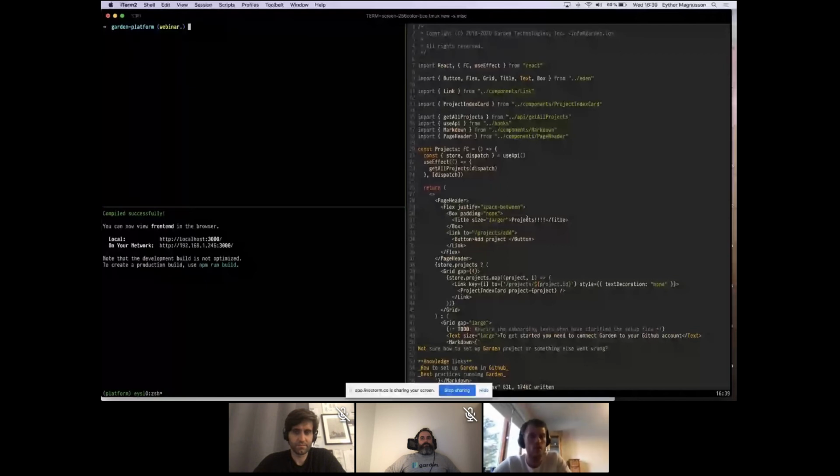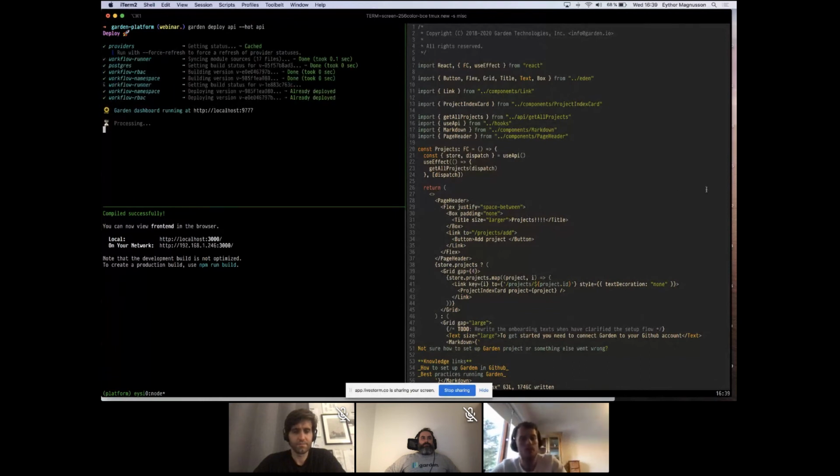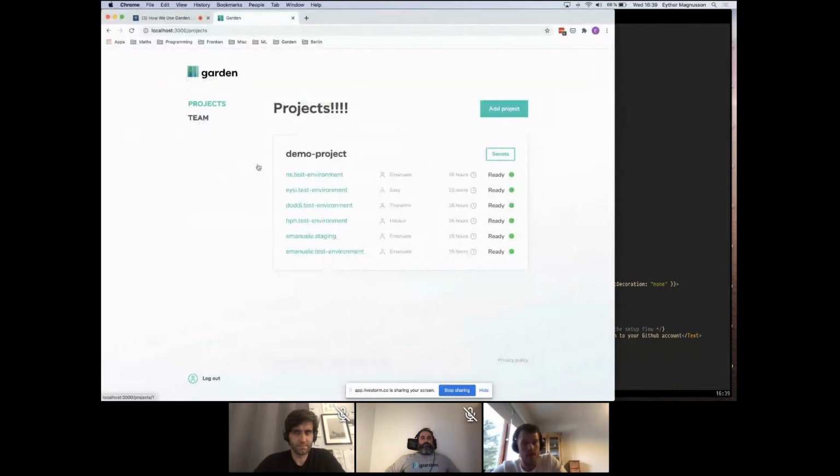I tend to have the API service running in the background, with Garden deploying the API service or other supporting services as I need in hot reload mode. So as I'm iterating on the front end with that running locally,